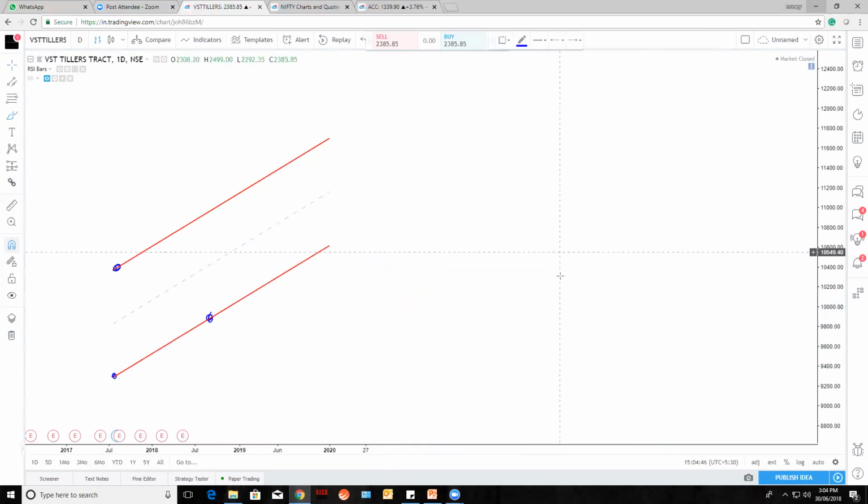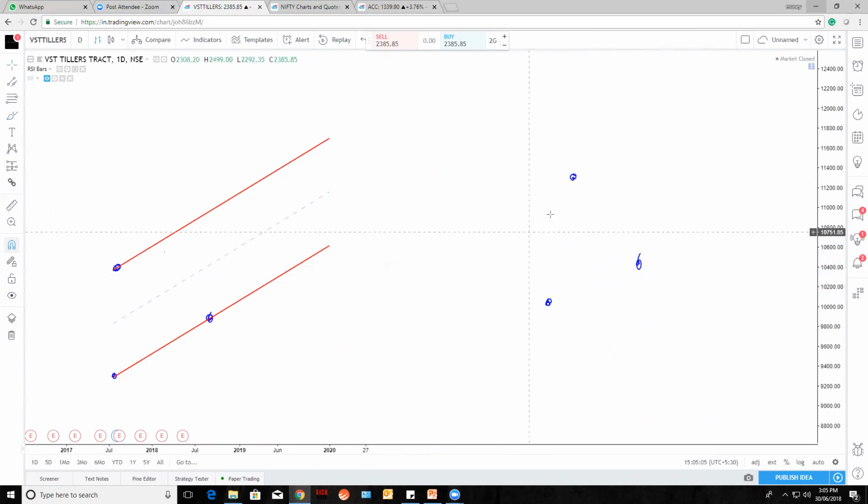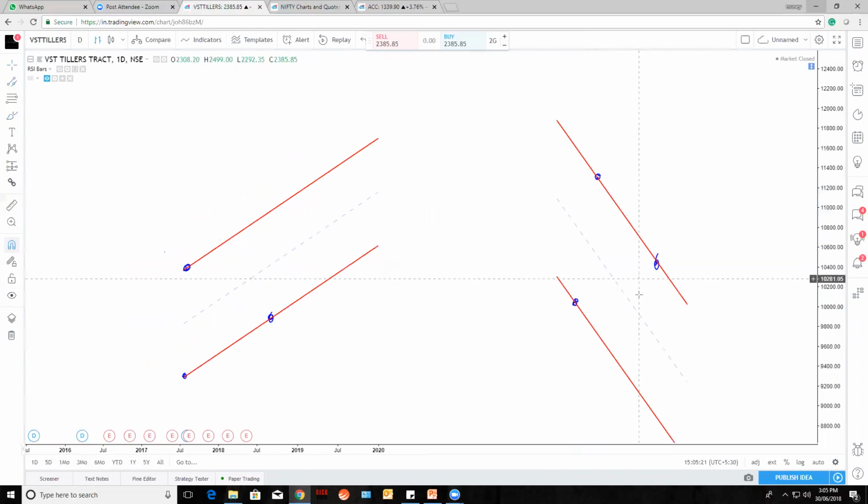The same for the downside, you require 2 high points and 1 downward point to draw the downward sloping channel. That is, connect these 2 points, draw a little further and connect it to this point. Let's say this is the point. You are connecting this at least to this point. You can extend it like this if you want. This is the downward sloping channel. This is an upward sloping channel.